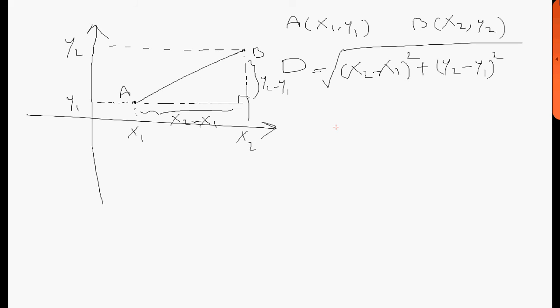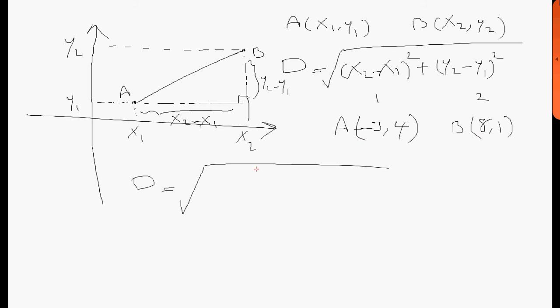Okay, let's look at an example. If A is (-3, 4) and B is (8, 1), now you want to know what's the distance between A and B. Use the formula. It doesn't matter which one you take to be the first point and which one to be the second point. The distance, let's say this is the first point and this is the second point, would be radical